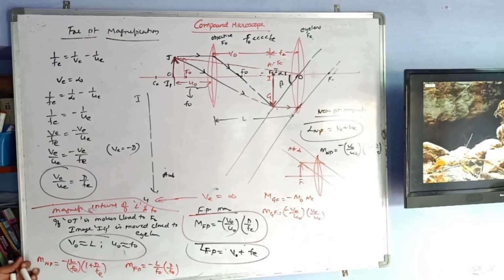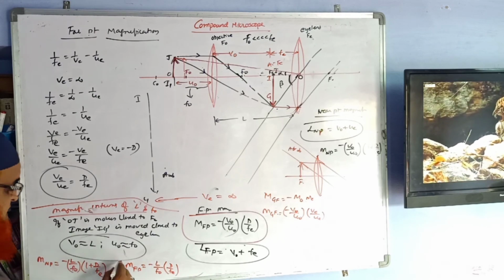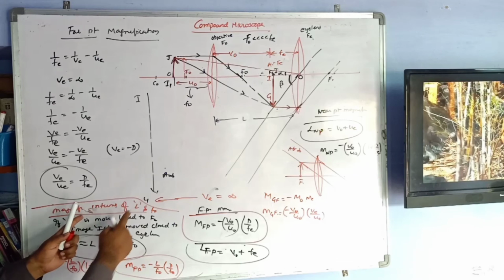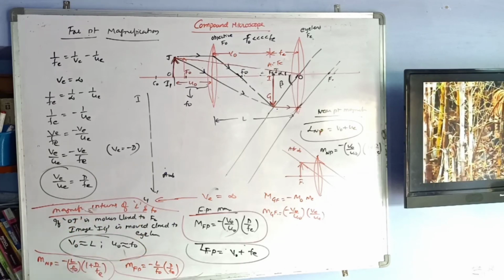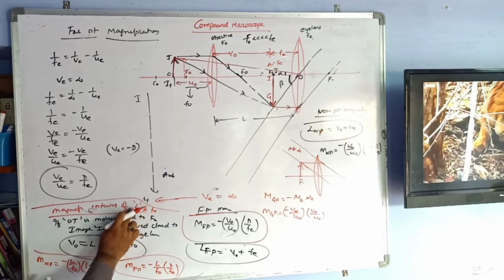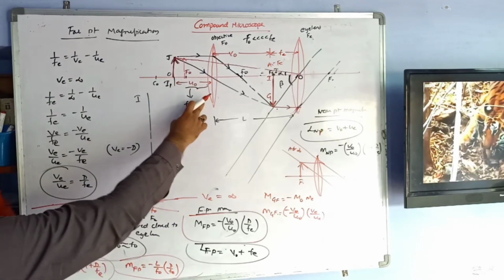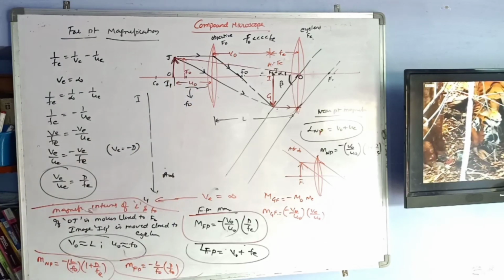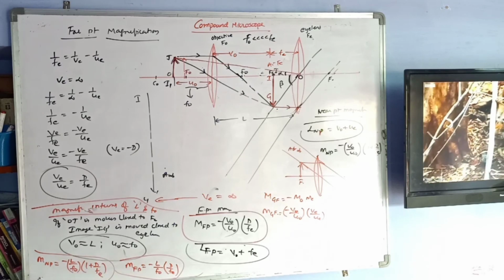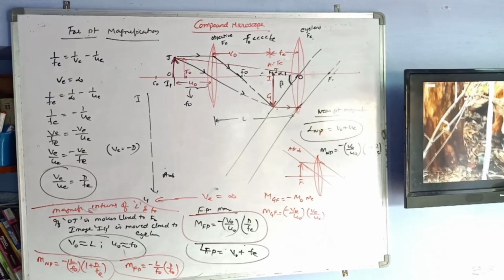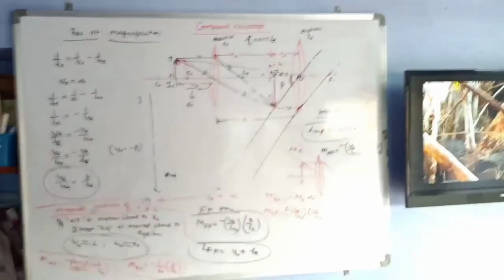This is the formula when we take it in terms of length and focal length. Sometimes they will give the focal length and the length between the two lenses. They will give the focal length of the objective also. Then they ask us to find the magnification. Then these two formulas are the answers for this problem. Okay, this concept here. Thank you.